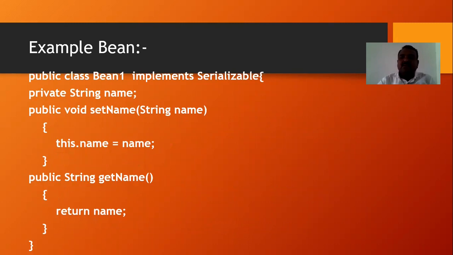Now we can see a class called bean, which is implementing the interface called Serializable, in which we are going to have one variable called name, which is a String. And that String name is under the private access specifier. And then we are going to have a method there, and we call that method a setter method. As we all know, a setter method is going to start with the word set and the name of the variable. So in my example, the second word of my method is name.